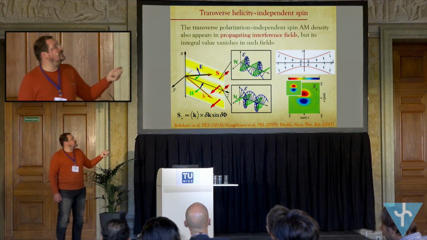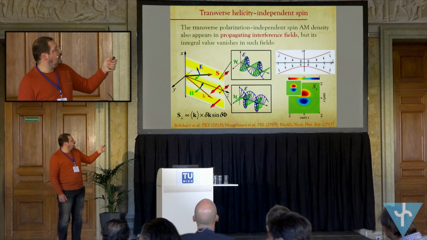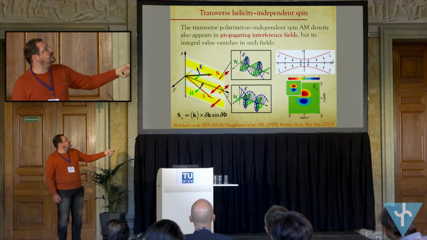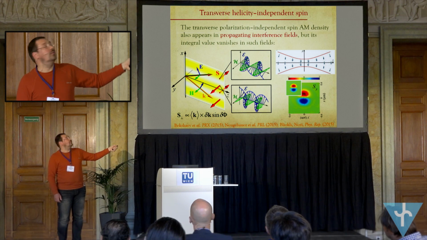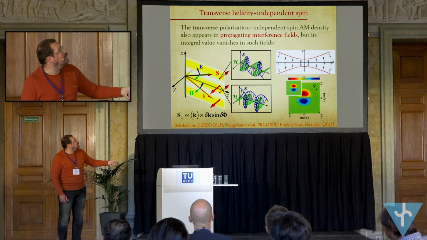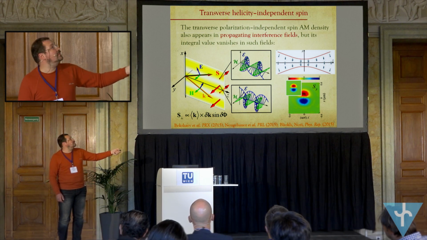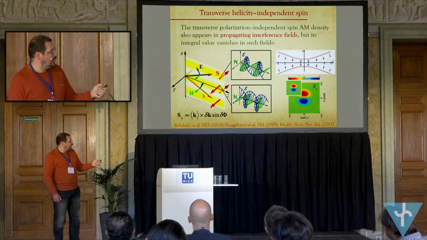So as before, this is a generic property for any inhomogeneous optical field. If you have interference of two waves, locally, spin density has this transverse component, which is again independent of the helicity of the interfering waves. And this was recently measured in this PRL paper for focused Gaussian beam. Near the focal spot of this Gaussian beam, this group measured spin density, and spin density is non-zero. Here it's positive, here it's negative, transverse spin density.